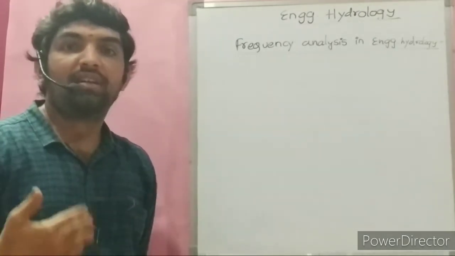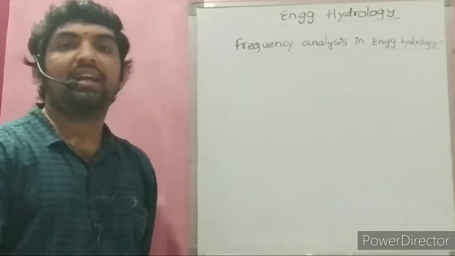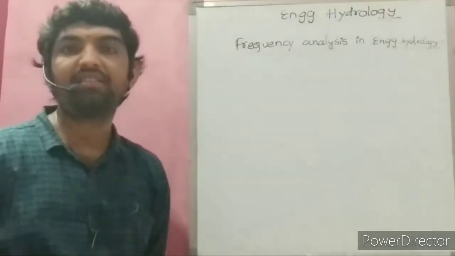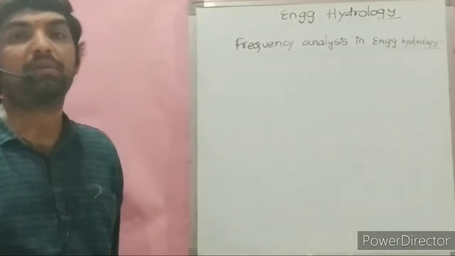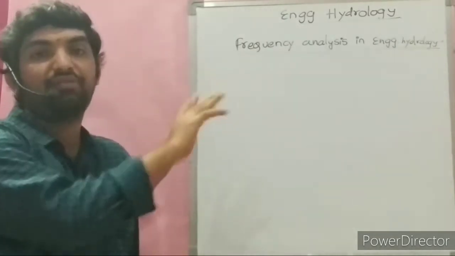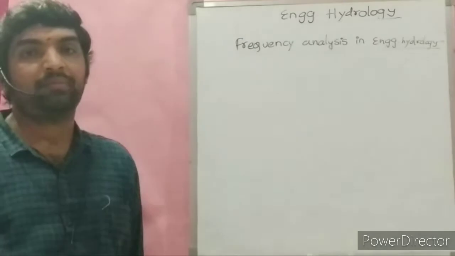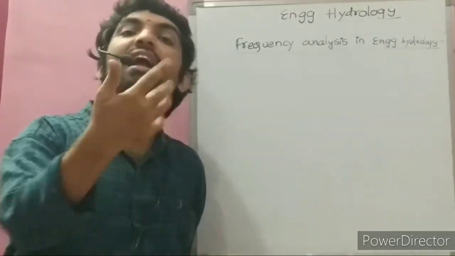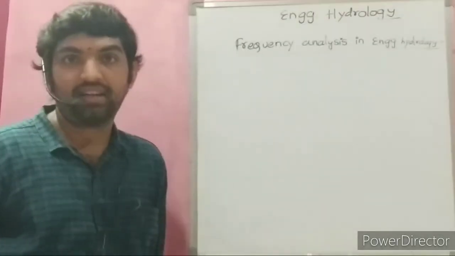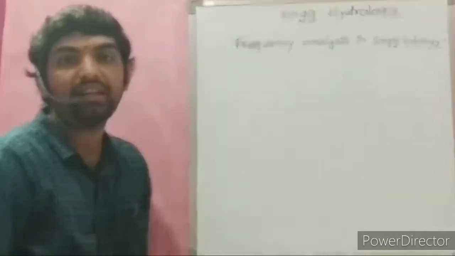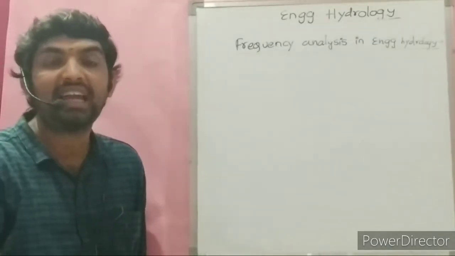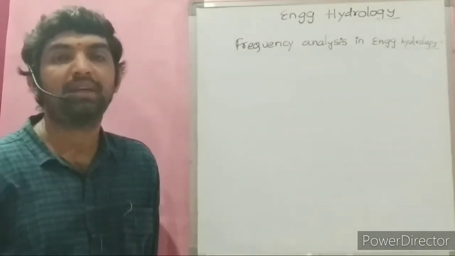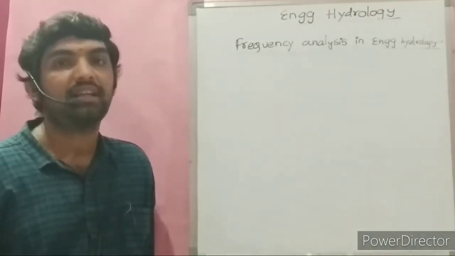So, how much time does the flood take to occur? How many years will it take to occur? Like that, it is nothing but frequency. Frequency, time interval: you have studied simple harmonic motion in your physics. In a similar manner here, frequency also indicates time period. In how much time does a flood of so and so magnitude, so and so frequency, occur at a particular location? The study of all these observations is nothing but frequency analysis. How frequently does an extreme event occur? Extreme event is nothing but either flood or drought, because these are the only major concerns in hydrology.